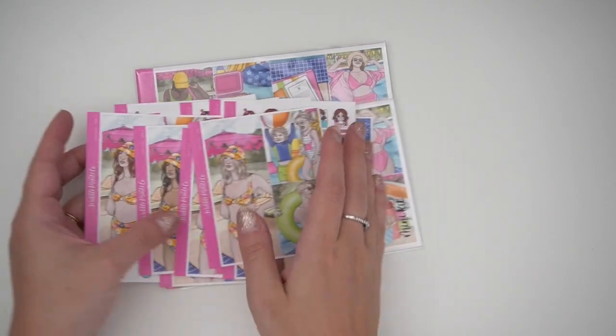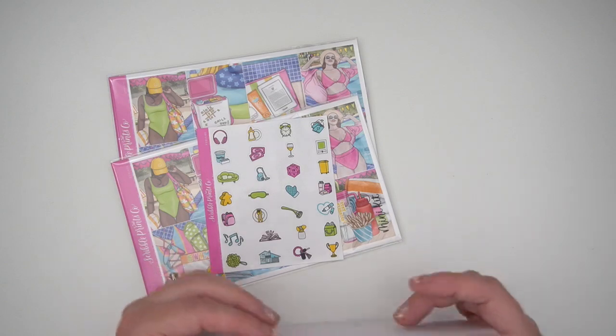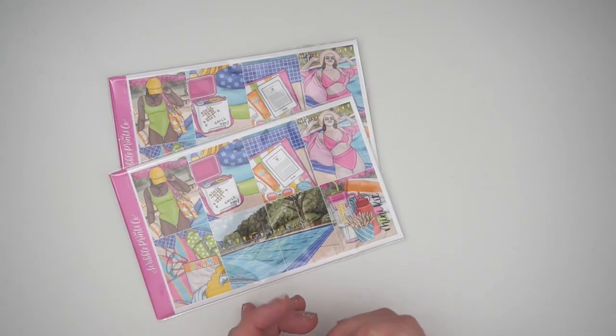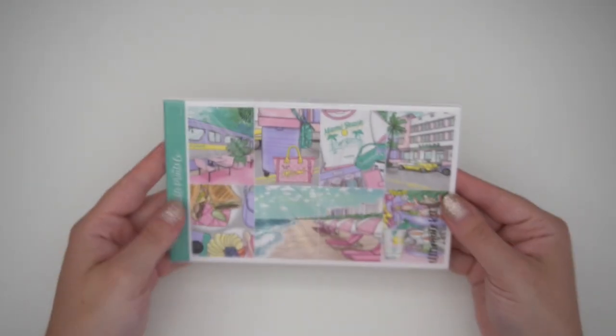Super cute. Perfect anytime in the summer situation. I think it could go the kiddie route. It could go just hanging with your friends route, hanging by yourself, reading route. Honestly, sounds like a vibe to me. But that is Poolside. The next kit that we have here is also Kittenish Jess Art, and this is Miami,